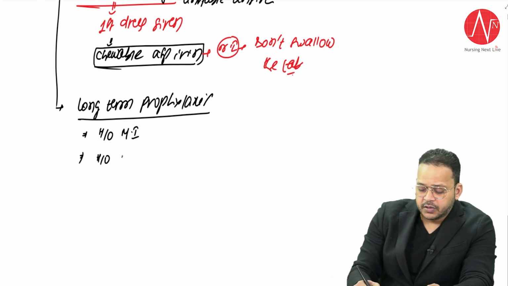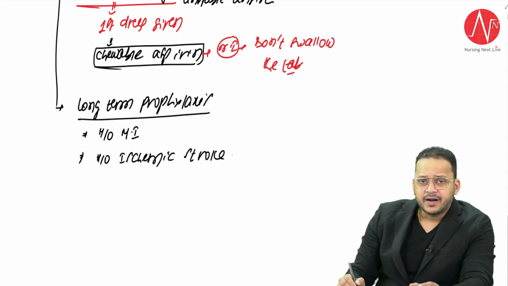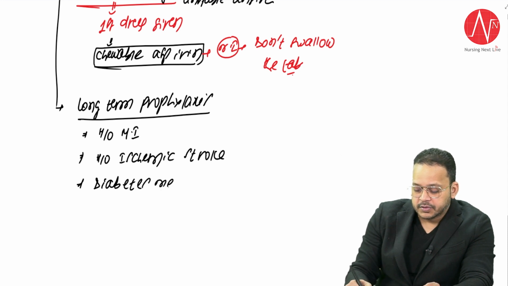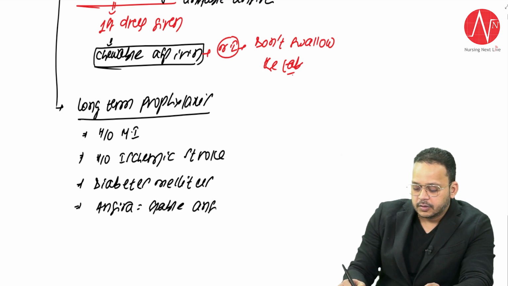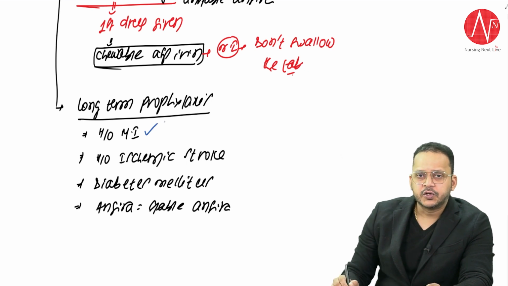patients with history of ischemic stroke, who already had an attack of ischemic stroke, not hemorrhagic stroke, right? These are also given sometimes in patients with diabetes mellitus and patients of angina, stable angina. So usually what happens is I'm giving a patient with history of MI so that he does not